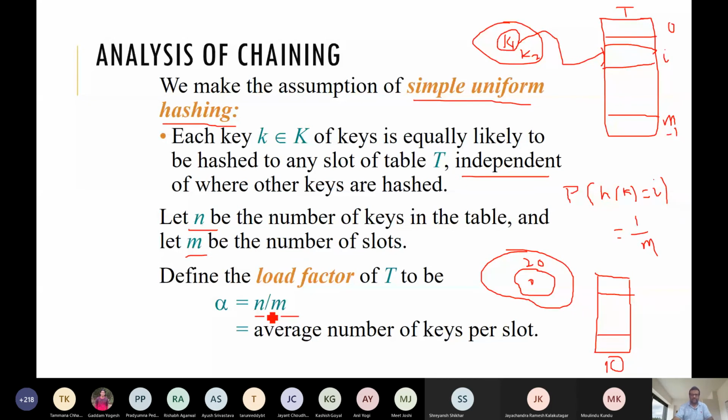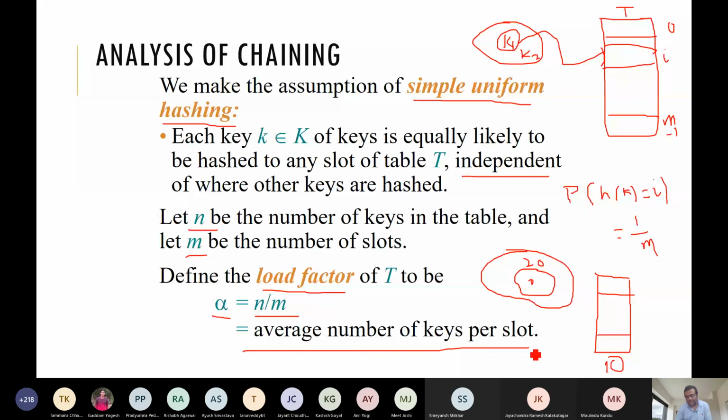So that is n by m, and that is what is called the load factor. The load factor is applicable when we have uniformity in the hash function. If the hash function is good, only then can we talk about this load factor. So this is the average number of keys per slot. Now based on this load factor, can you tell the time complexity?